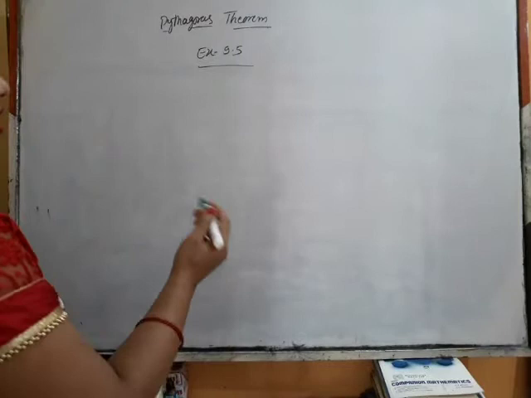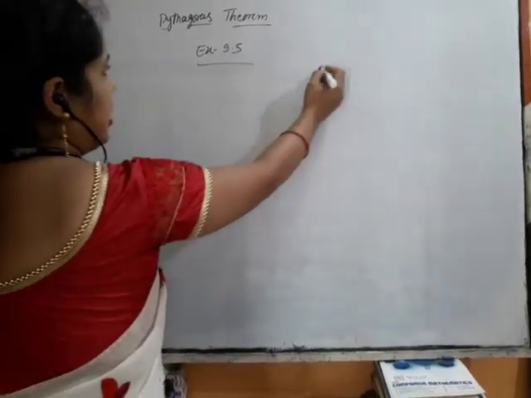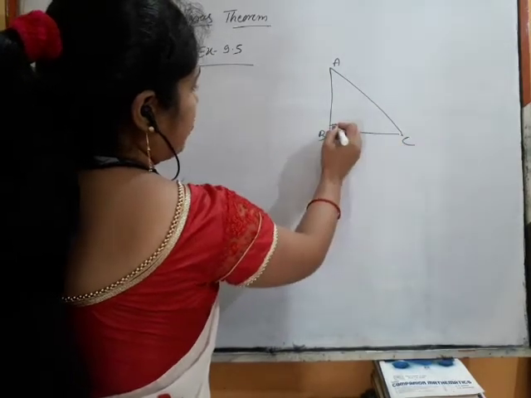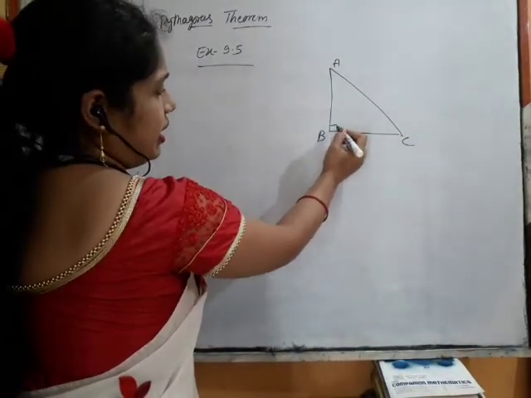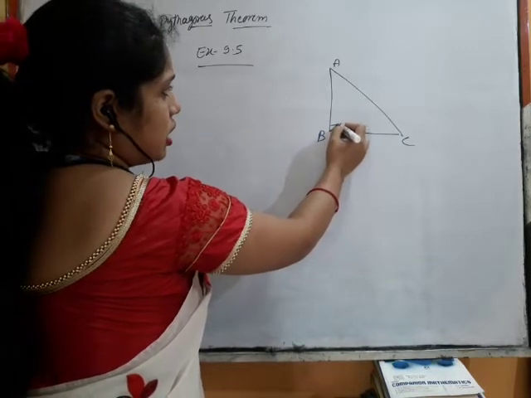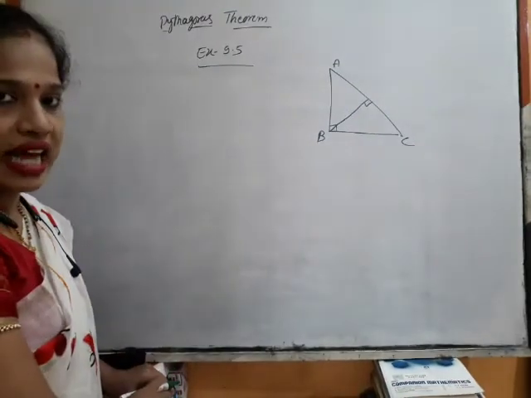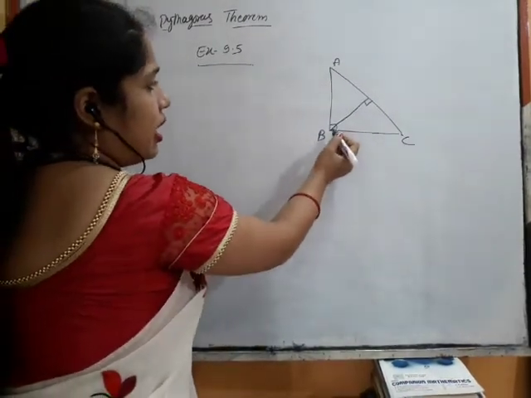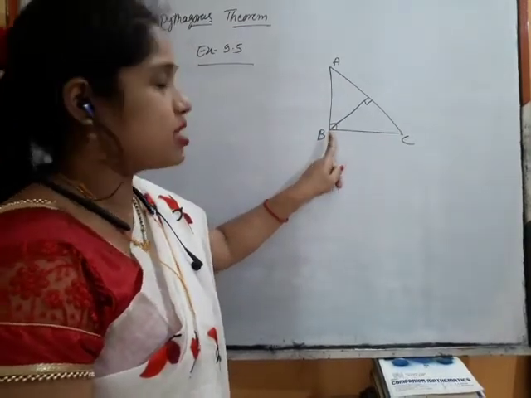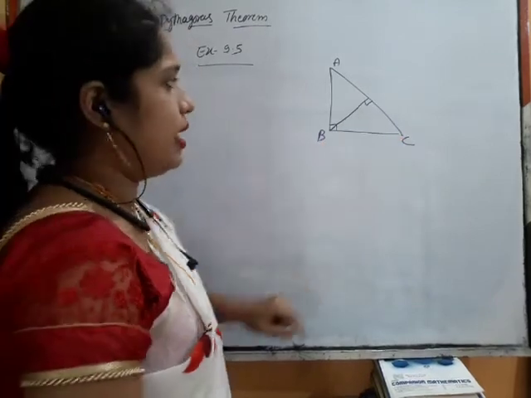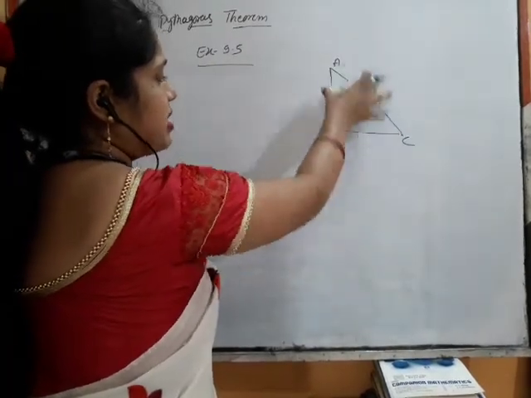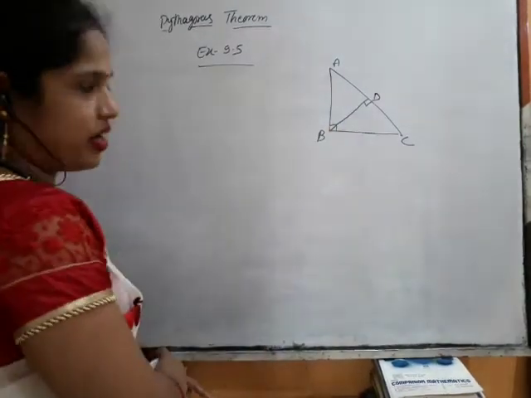We will see that the theorem before the Pythagoras theorem is: in a right angle triangle ABC, which is right angled at B, if a line is drawn from the right angled vertex perpendicular to the opposite side, that is the hypotenuse, then the triangles we get will be similar to each other, plus each triangle will be similar to the initial given triangle. That means